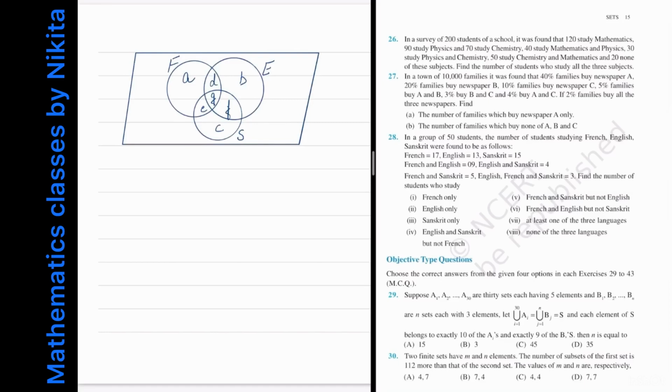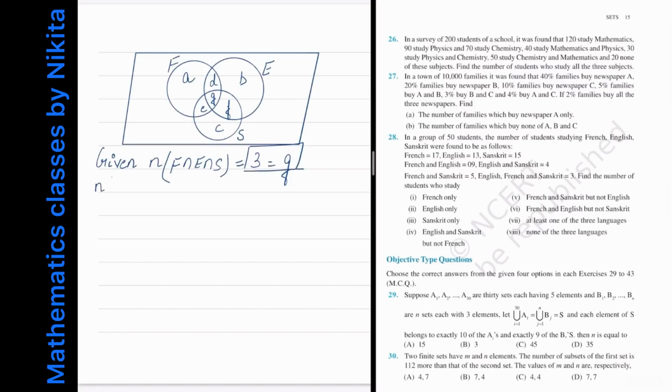So what is a? Through the given data. Now first of all start with the intersection taken three at a time. So all the intersection, and that is nothing but g. Okay, so let's start with the smallest. So given that n of F intersection E intersection S is 3, and this value is nothing but g, as you can see from the Venn diagram.